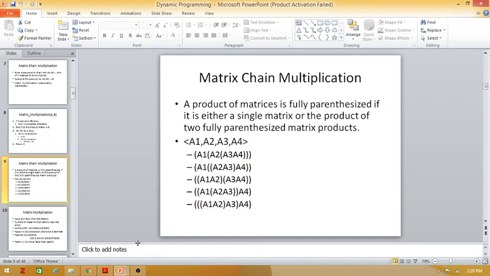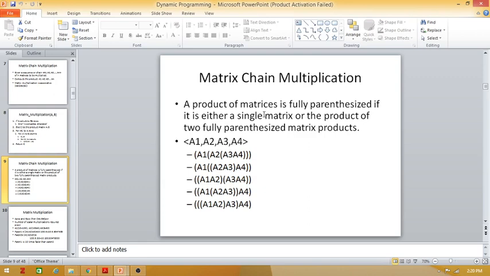Okay, hi dear students. This is a continuation of the first video on dynamic programming. Here once again I am giving more explanation with respect to the problem matrix chain multiplication. And here I would like to remind you that the objective of matrix chain multiplication is not to compute the final product matrix. Our objective is to reduce the number of scalar multiplications required.